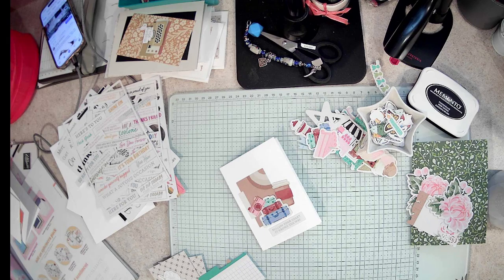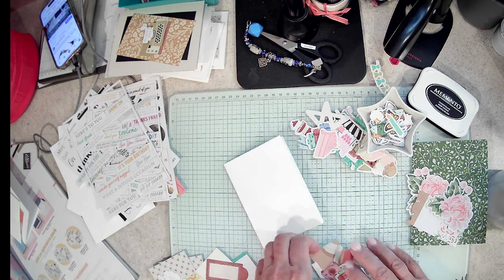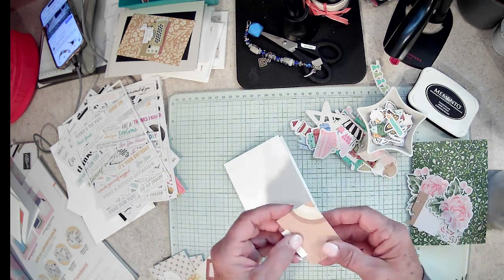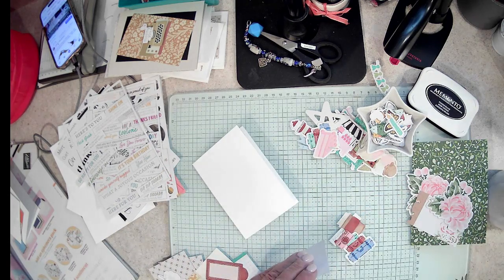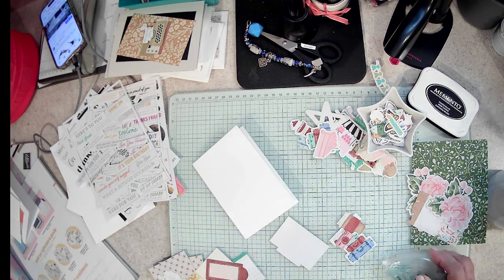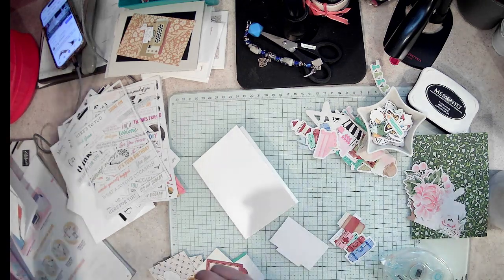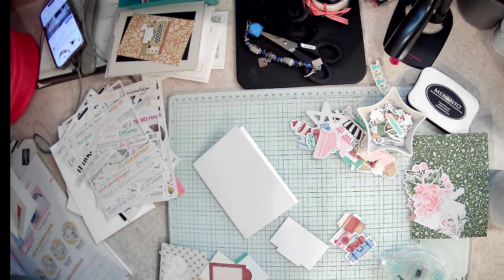Cute saying. Oh, there's lots of cute sayings in here. So let's put this together. I'm going to first of all lay this down, and I just want to use some of my stamp and seal. You know what else I have not been using and I need to get better about using is my